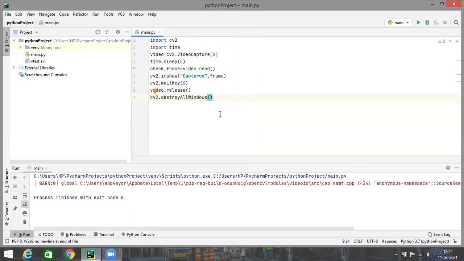In the next video of this series, we'll introduce a loop so that we can perform the read operation of frames inside that loop multiple times, so that we are able to capture the entire video rather than just a single frame or a single image. We'll see that in the next video. I hope I am clear with this.